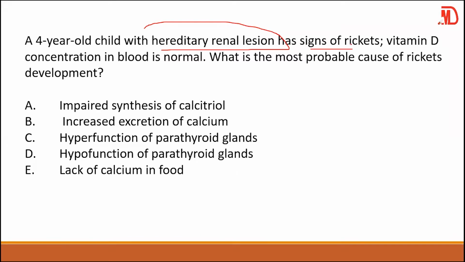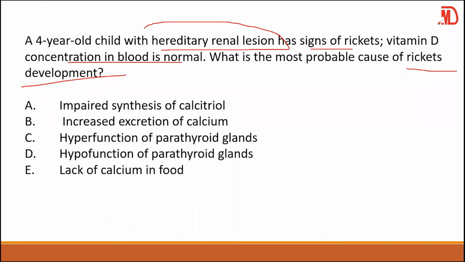Okay. Now we're having vitamin D. However, they are saying the vitamin D concentration is normal. What is the cause of rickets in this development? We've established that rickets has to do with insufficiency of vitamin D. However, the active form of vitamin D is calcitriol. And this is dependent on what we call